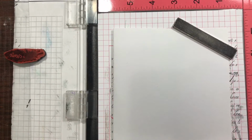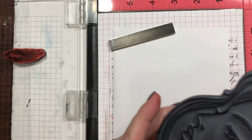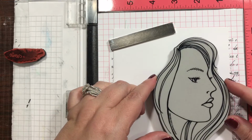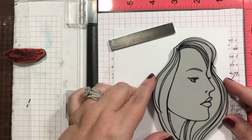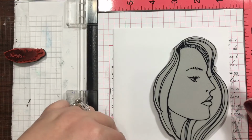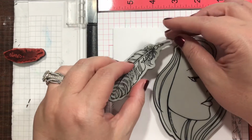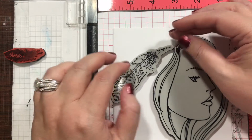Alright, so this is a set from Stampendous that I have wanted to use for a really long time. So I'm using her today for part of her Feather Week card. And let's see, I've actually already started her a little bit, but I'm just going to show you what I've